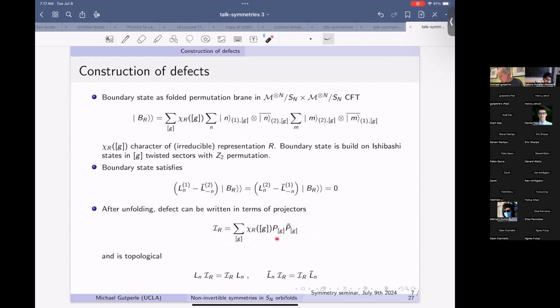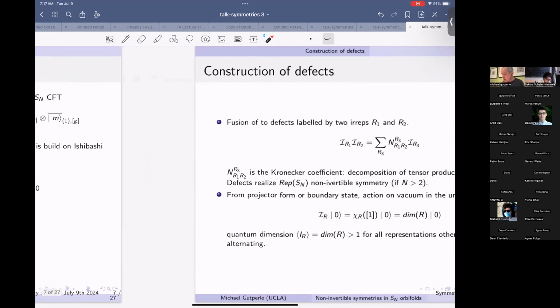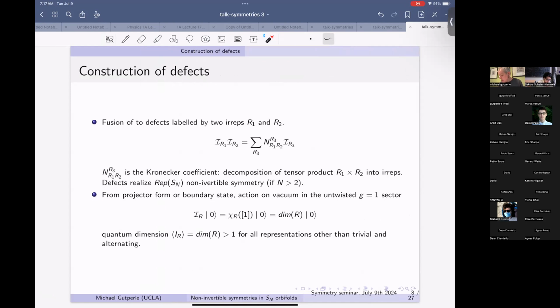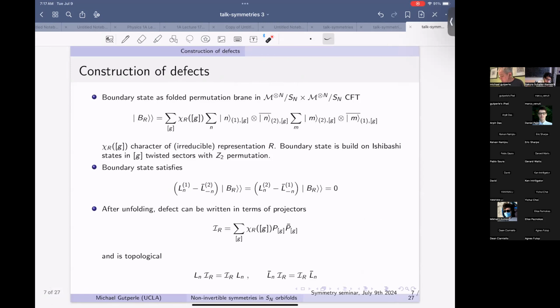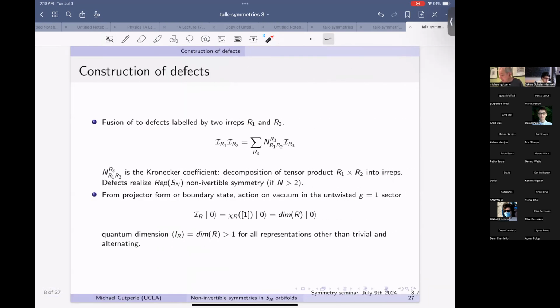I'm not really writing out these projectors, but basically these would be projectors which act as the identity operator in the G twisted sector. So these are our topological defects. What one can show, again using the form of the projector and the properties of the character, is that these topological defects have a fusion product, where if I take two defects